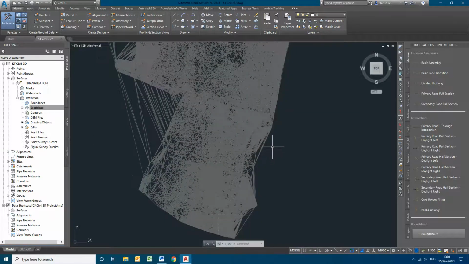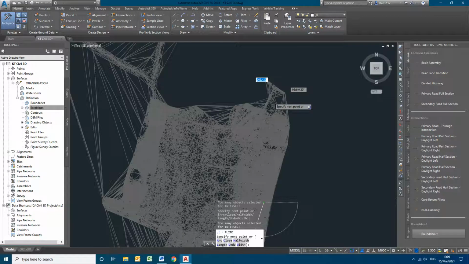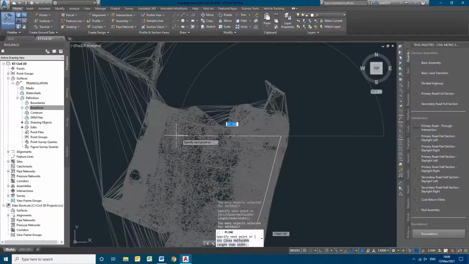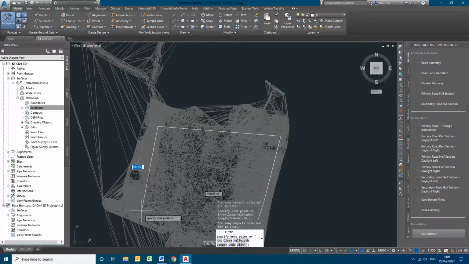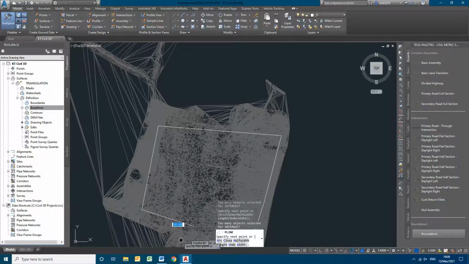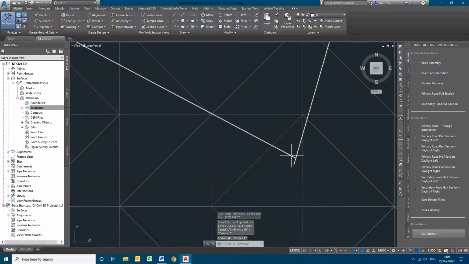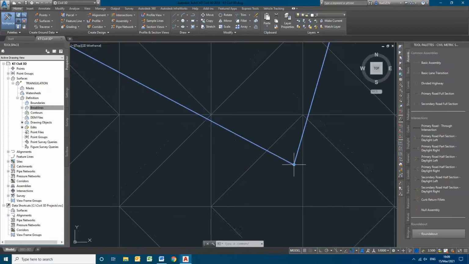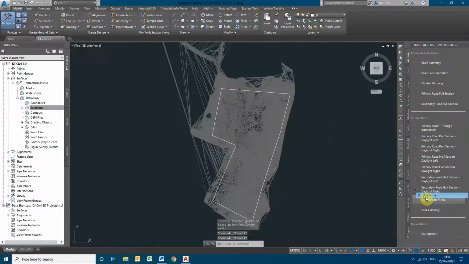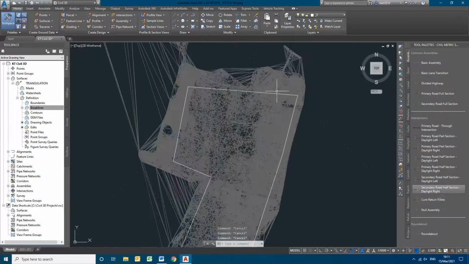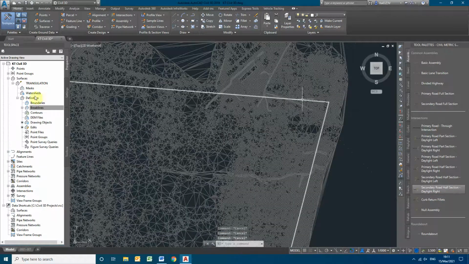This is a simple polyline we can create, and the same string can be used as a boundary string. So this is how we can create a boundary line and add the boundary to the data.